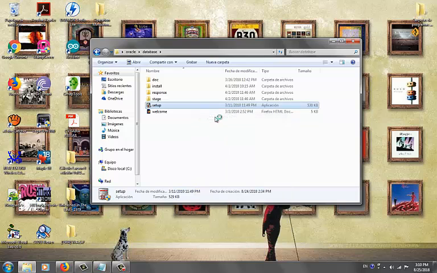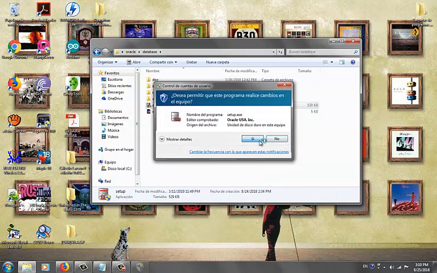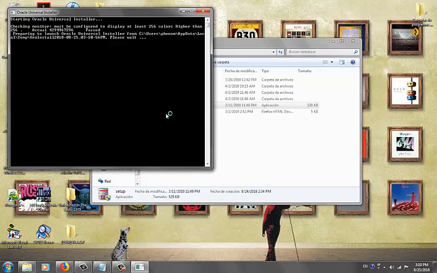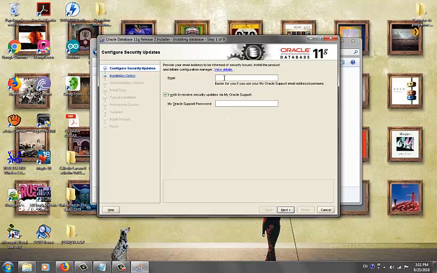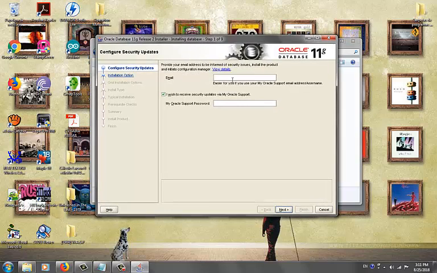This application file we're going to run as an administrator, and we just wait. Here we don't type anything, we just check that I don't wish to receive security updates. So we click next,